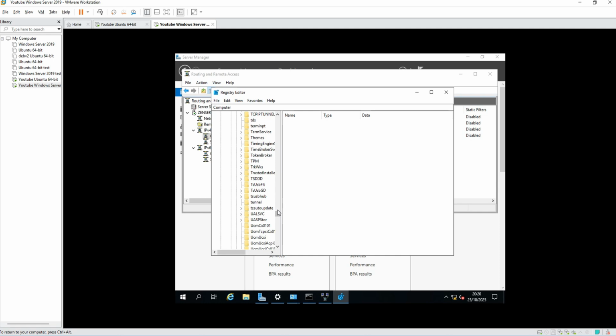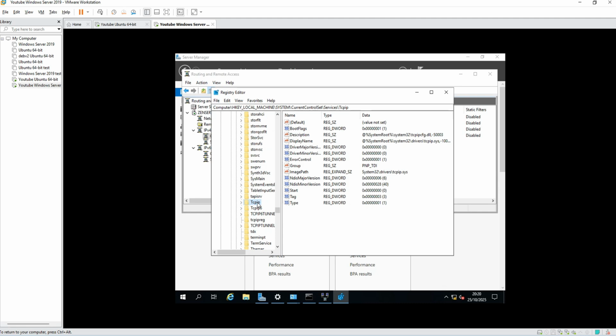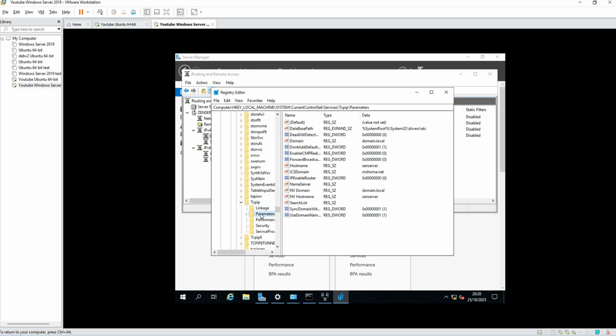My machine's holding me up a minute. Tcpip, open Tcpip, and there's one there called parameters, and you can see